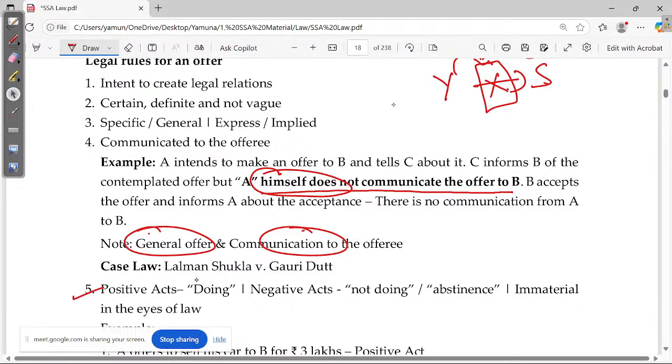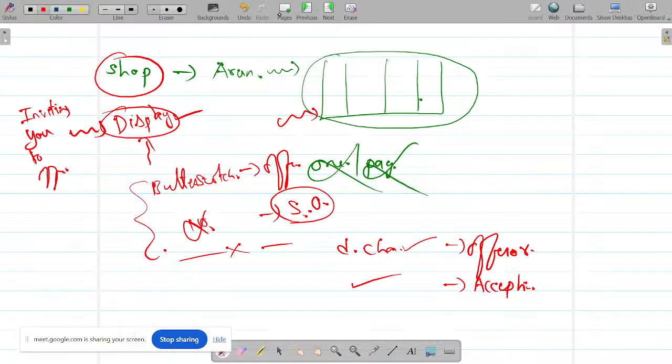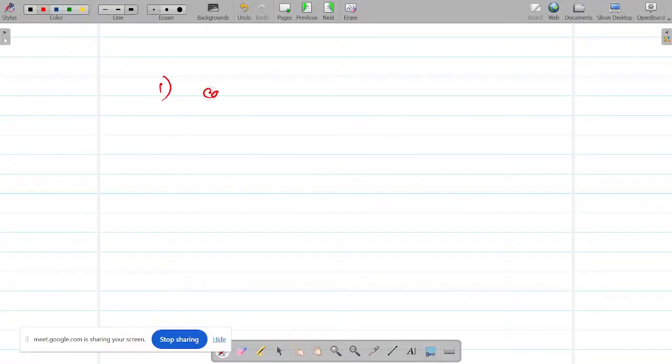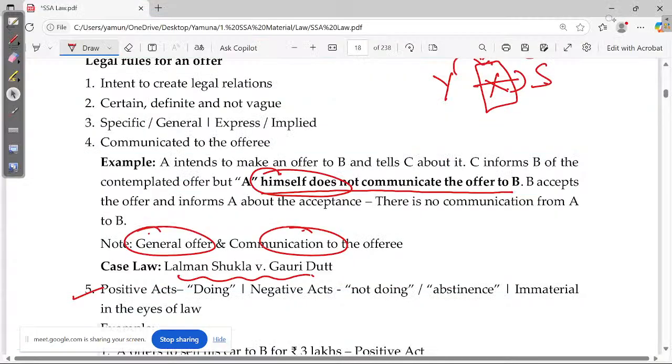Fifth one, so you can refer to this case also. I already gave an assignment, right? Which was the case I asked you to refer? Carlill versus Carbolic Smoke Ball Company Limited. Then the second case, Lalman Shukla versus Gauri Dutt. Fifth one,